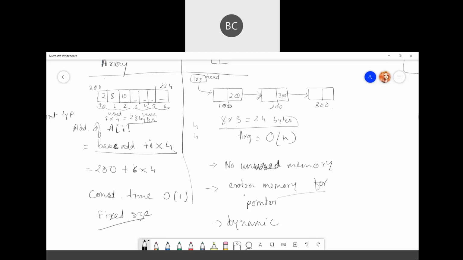Total 3 nodes, 8 into 3, 24 bytes, and all are used memory. But from 28 bytes, all of them are not used, only 3 are used. 3 into 4, 12 bytes are used here, the rest is unused memory. But here all 24 bytes are used. No wastage. I hope it's clear.